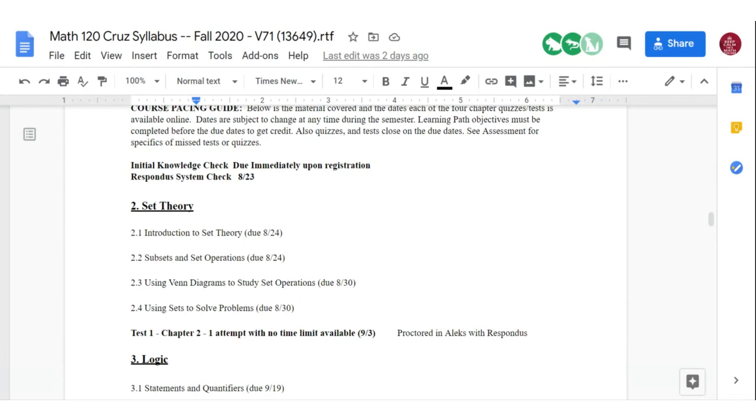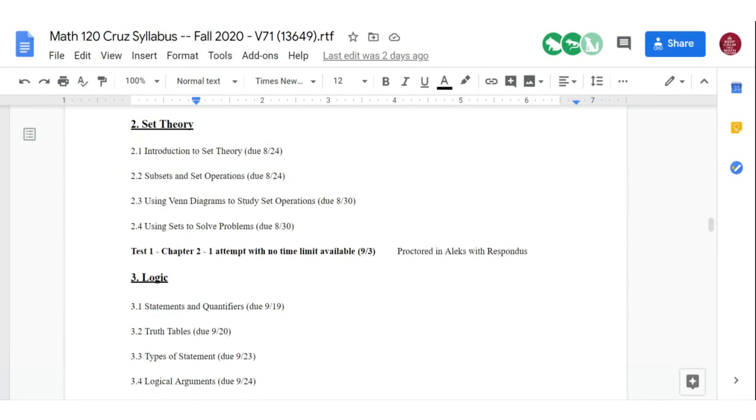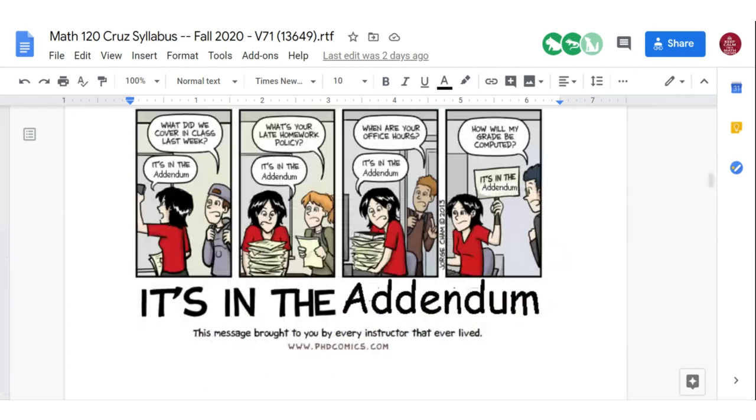And that's set theory. After set theory is done, and that'll be right around Labor Day time, I think it's right before Labor Day, we'll have our first test. Then after that, and notice that